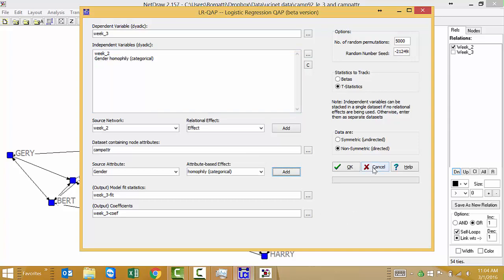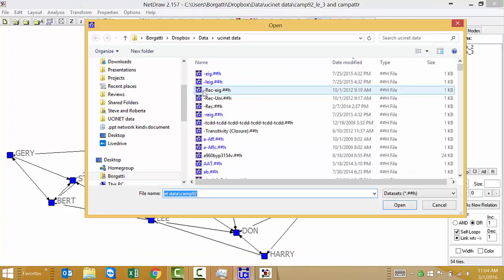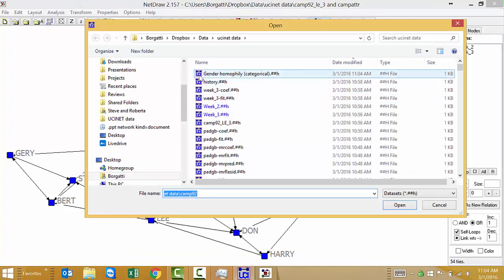I'm going to cancel this and display. You see how the most recently created file is called gender homophily categorical. What it did, when I chose that effect, is create a data set to throw into the regression. And if we looked at that data set,